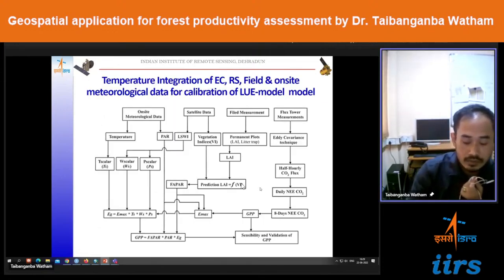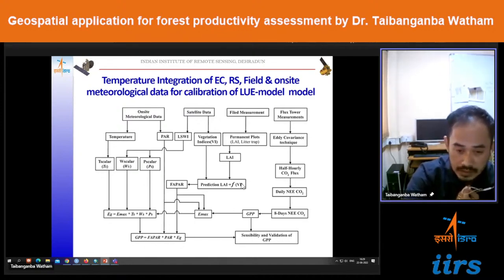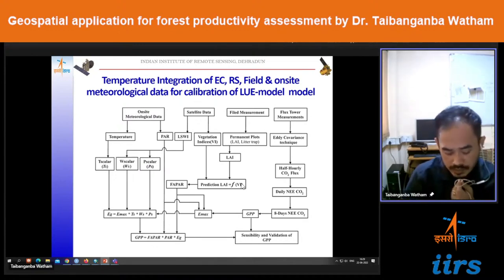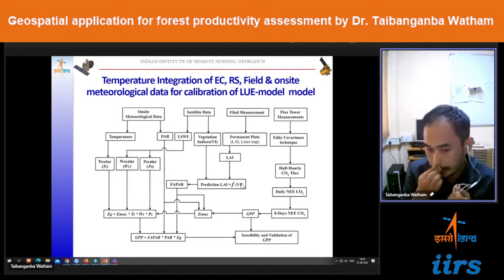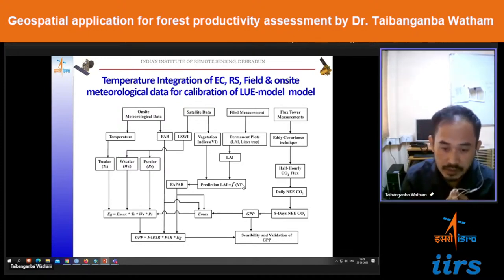Coming to one more technique, that is the light use efficiency model, which integrates all the satellite data or the ground observation data. It is more of a mechanistic kind of model. Instead of going for the empirical, we try to see the process, like how the ecosystem or the forest productivity is governed. In this, the overall flowchart gives us the idea about how we integrate